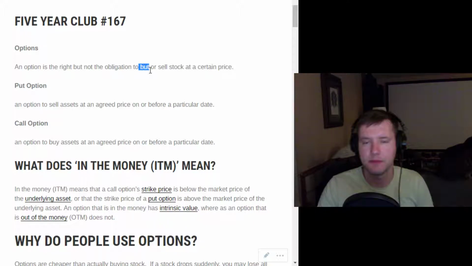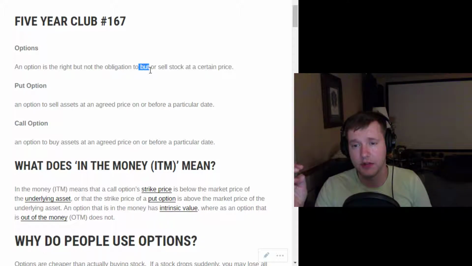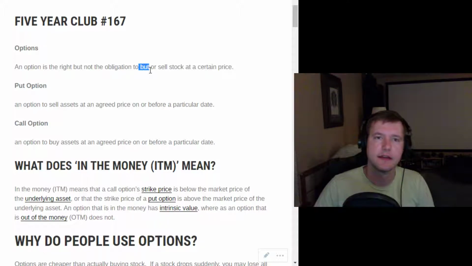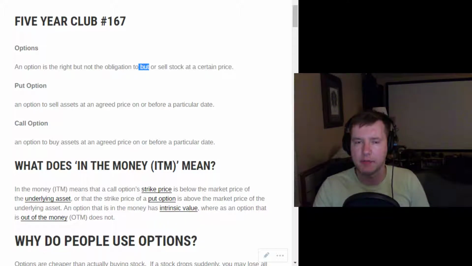And here we now come down to the specific types of options on Wall Street. A put option is an option to sell assets at an agreed price on or before a particular date. And a call option is an option to buy assets at an agreed price on or before a particular date. And so generally speaking, the amount of money that you pay for the option to buy or the option to sell is going to be a smaller amount than